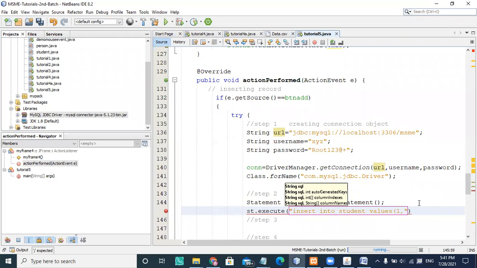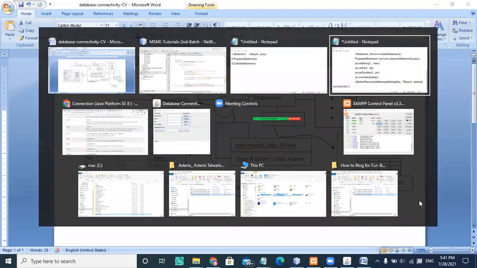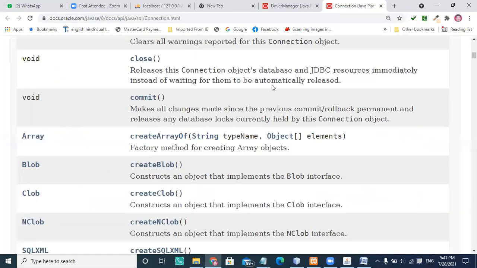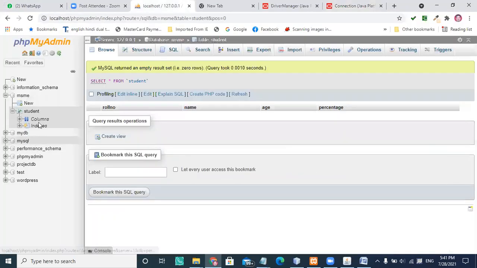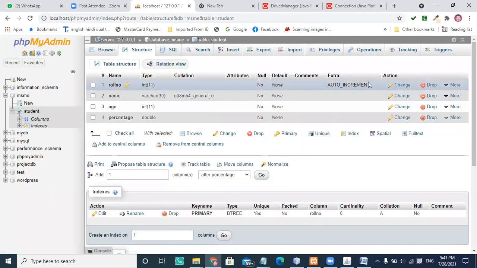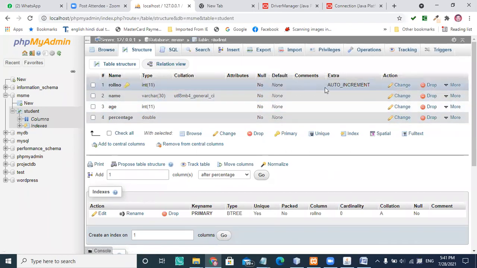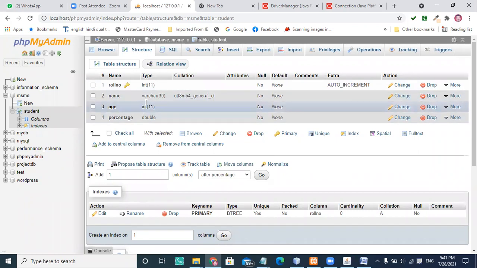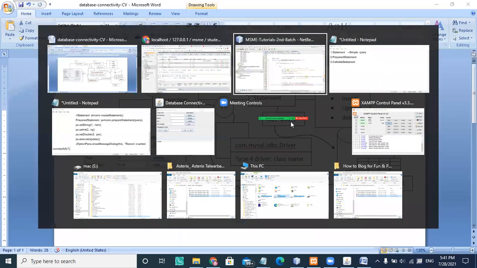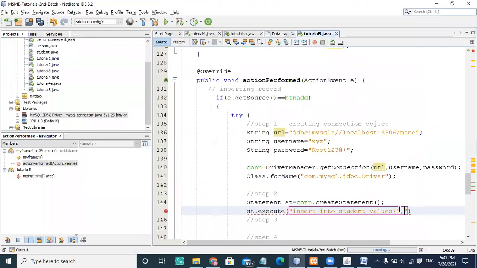Even if I'm taking a number one, because in the structure we defined this as an auto increment part. If you see the structure here, there is AI, auto increment. Whatever numbers were previously generated, the next number is automatically generated. So even though I'm taking one here, it will not help me.